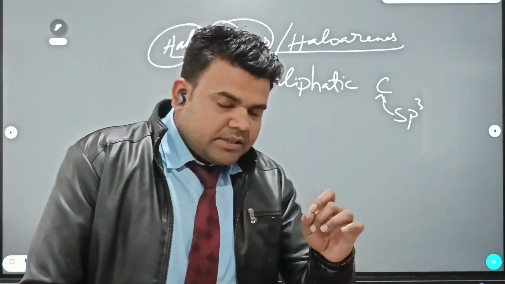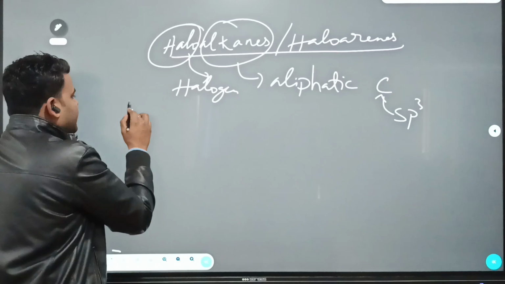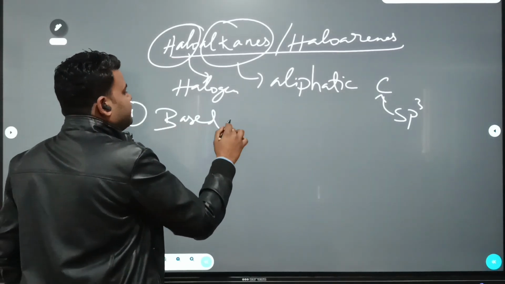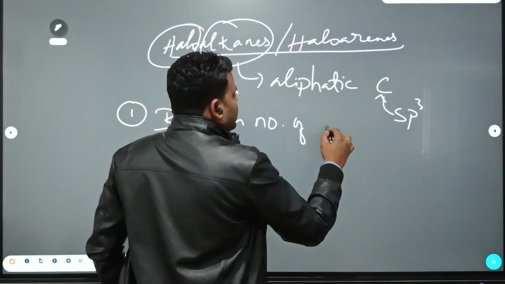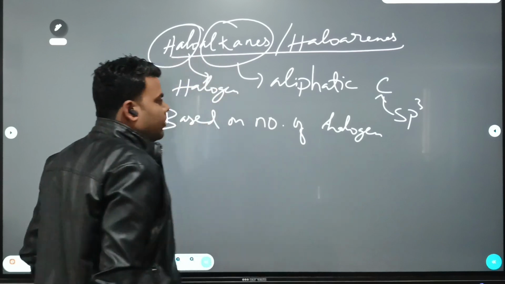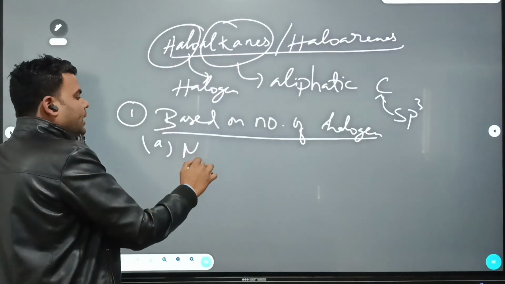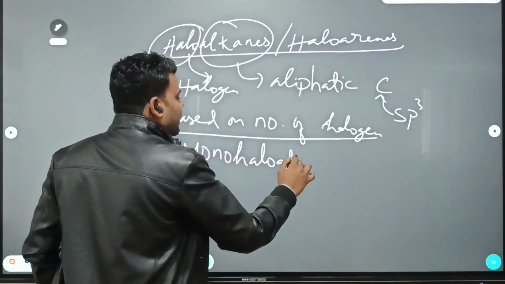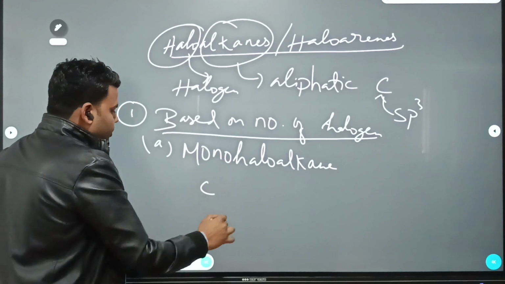Okay. Now let us see the classification of haloalkane. Okay. Now the first classification is which is based on number of halogen. Number of halogen. So here the first one is monohaloalkane. Monohaloalkane. Okay. So we have got this